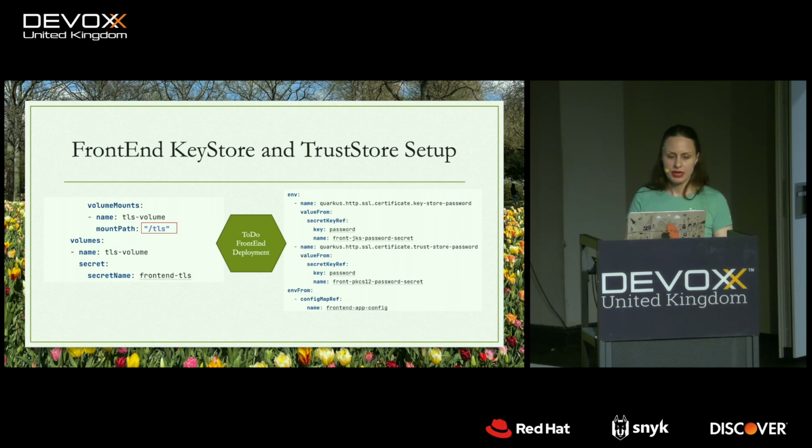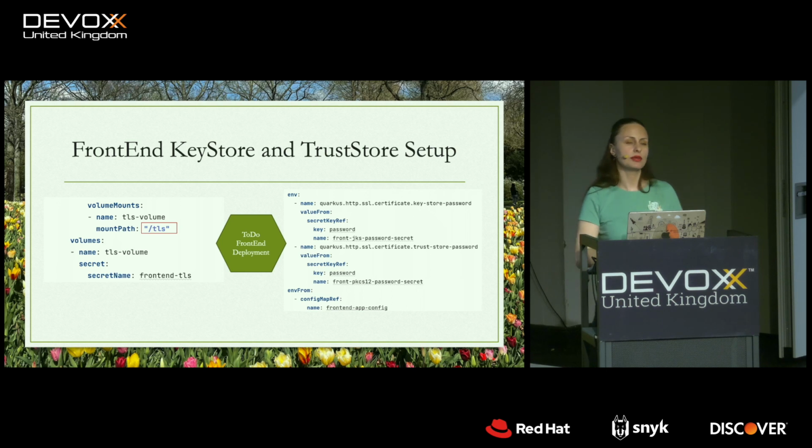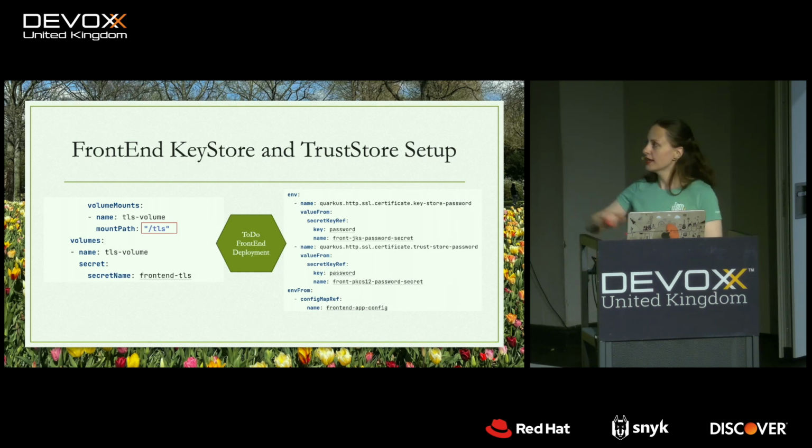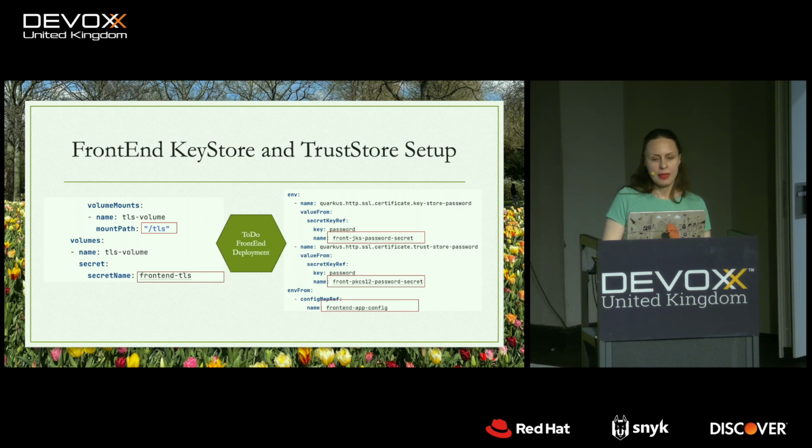And it's going to have the secret name FrontEnd TLS. That's going to be automatically created and maintained by the certificate manager certificate. That's cool. I can override some environment variables for my secret key ref, for my trustword password and keystore password. Great. Keeping the config map ref. But